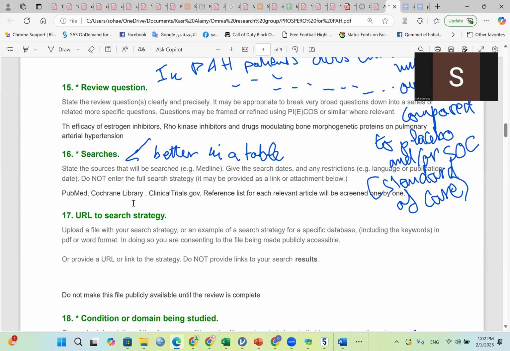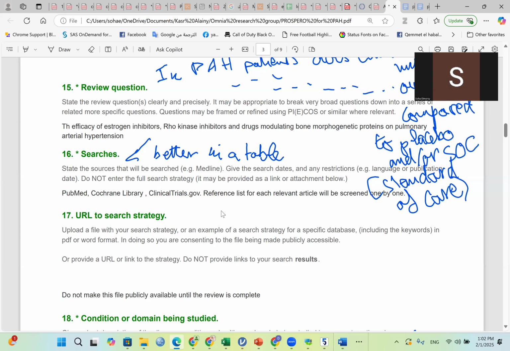Don't stop just at the databases. You see here listed clinicaltrials.gov. Clinicaltrials.gov is a register for ongoing clinical trials. So you may put again one or more registers.